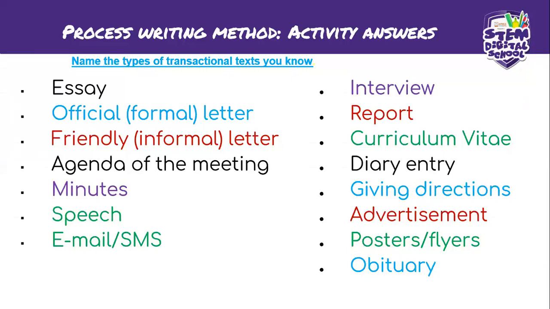Then we have a speech. A speech is usually what we do with public speaking. Maybe they can give you a topic and say, write about the impact of coronavirus on the education system, for example, and then you research and you prepare a speech about that topic, and then you later come and present your findings to everyone. So that is a speech.